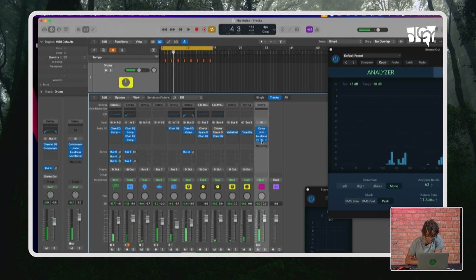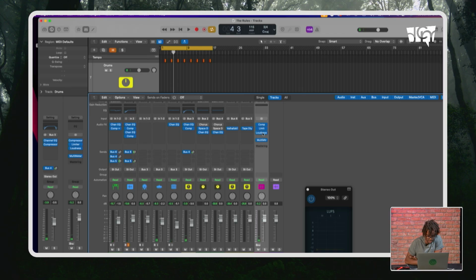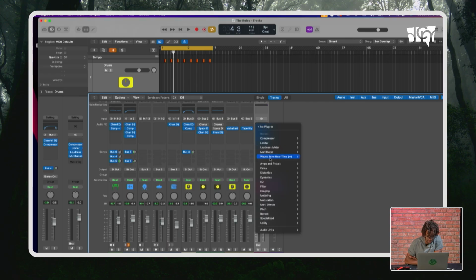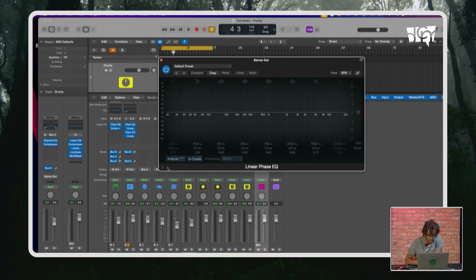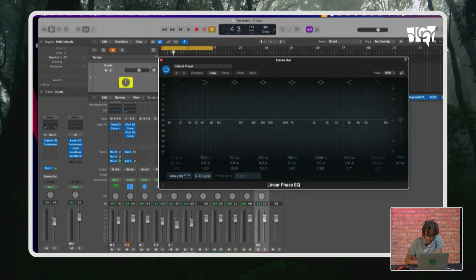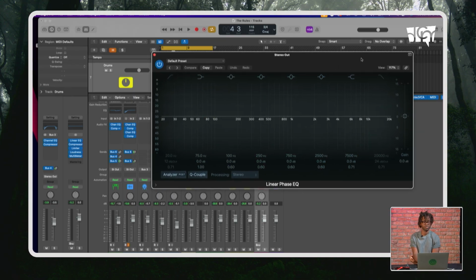Option, y'all, to add a graphic EQ. I would probably put this before the compressor. So this is more of a heavy lifting EQ, a linear phase EQ. It's gonna go in and do a little bit more work than the graphic. It does take up a bit more CPU though, however,